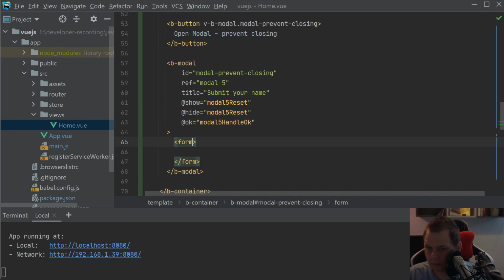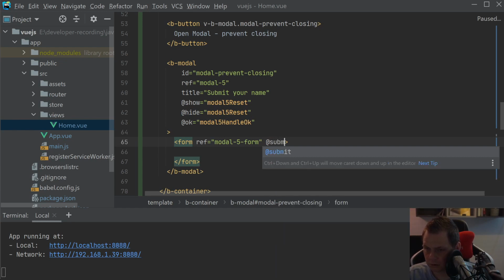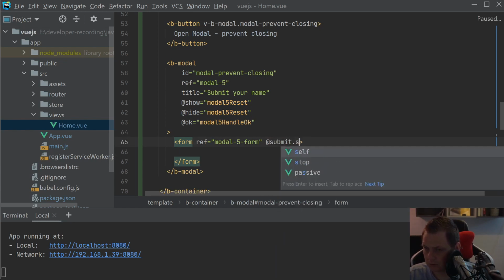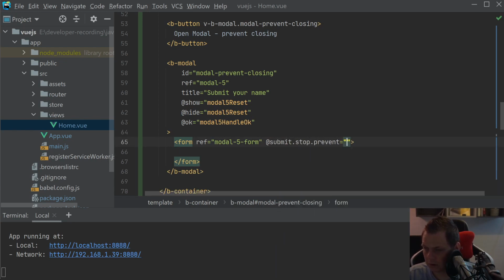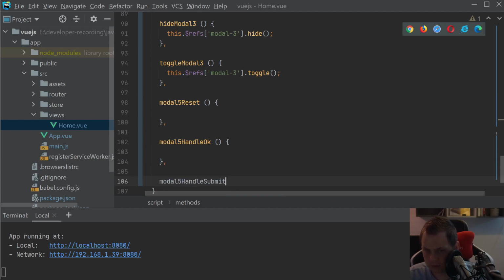Inside the form we have the ref modal 5 form, and we just say submit stop prevent, and then handle submit modal 5 handle submit. This function we want to create down below here,